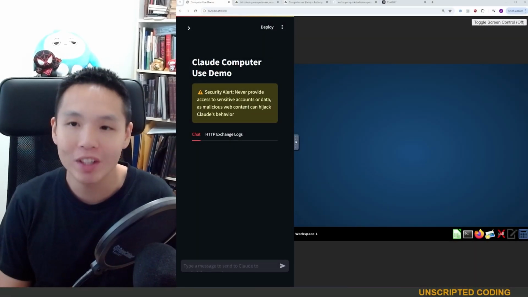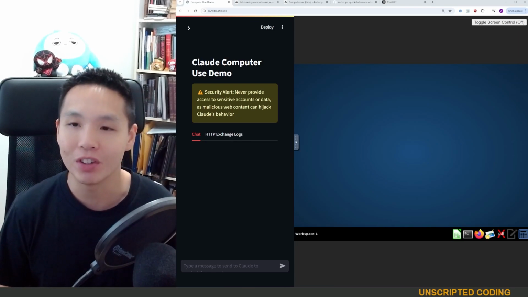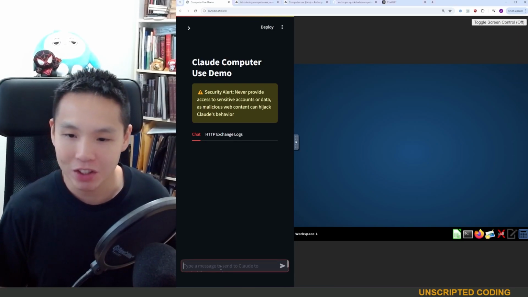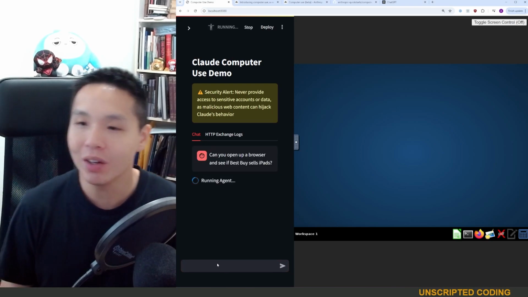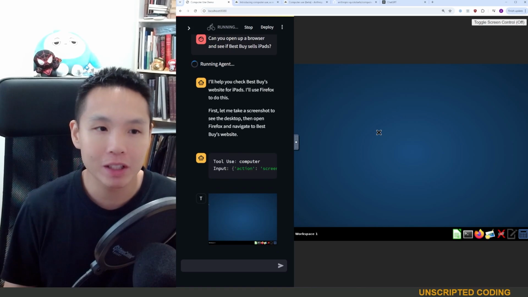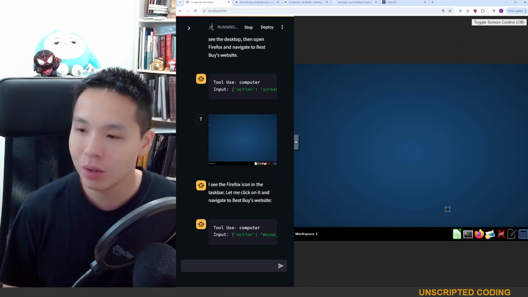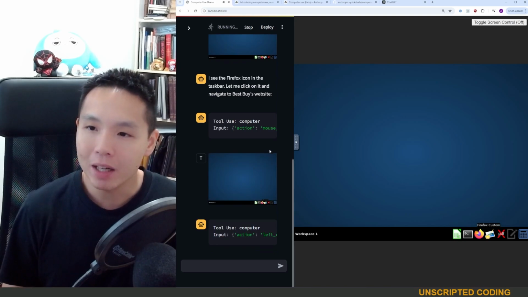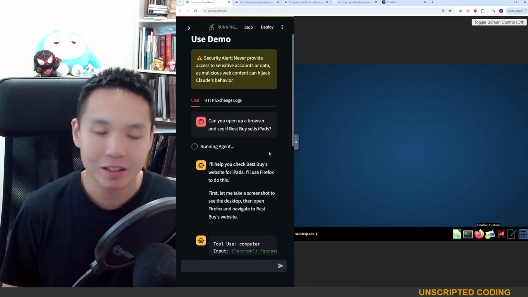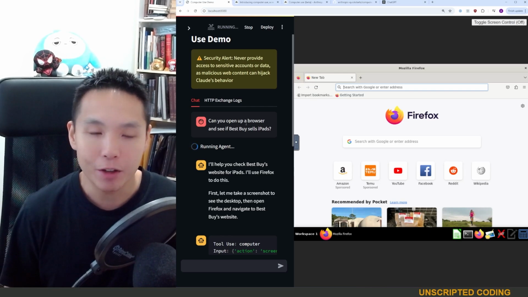I am so excited today to get you to take a look at this Claude computer use demo. I'm just going to start here and run it on the side here. But as you can see, I have a virtual computer on the side. This is running Linux. There's a browser, there's a terminal, there's sheets here. But what I've done is asked an AI agent, can you open up a browser and see if Best Buy